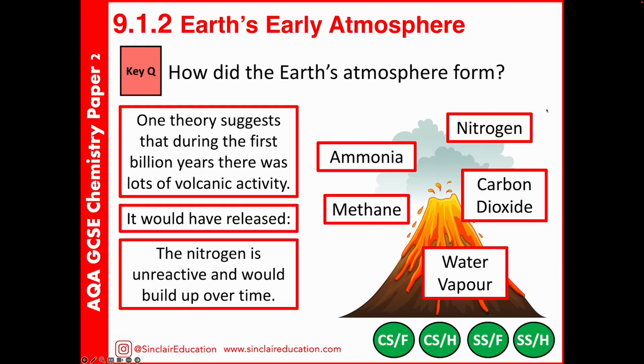What we know, and we'll come back around to this in a little bit, is that nitrogen is relatively unreactive. And so although volcanoes are only releasing a little amount of nitrogen at a time, this is how over the years we've gone from very little nitrogen to 80%. Every time volcanoes erupted, it just released a little bit more nitrogen into the air. And when it got there, it's not really gone anywhere.